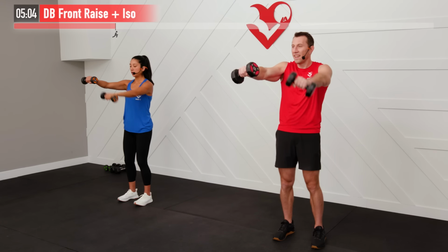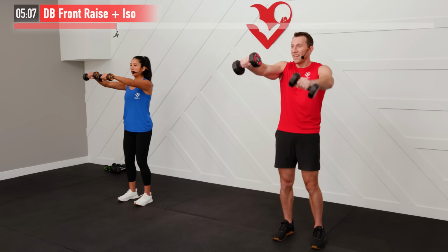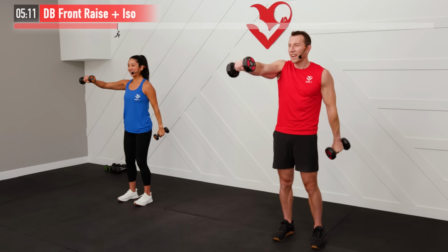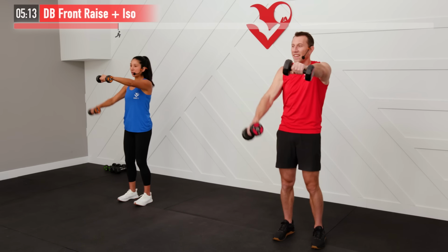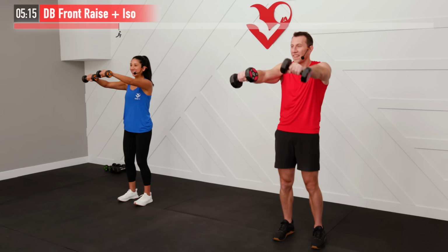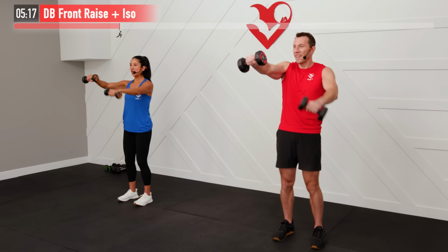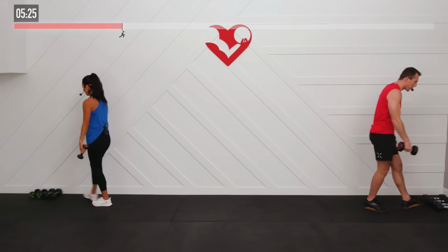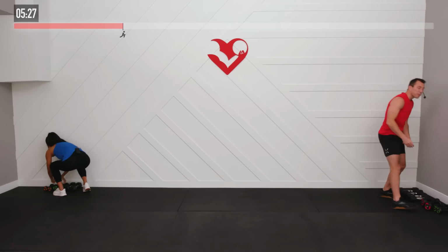Come on. You've got it. One into the next, fighting through, come on. Almost there. Let's go. Not much left. In 5, 4, 3, 2, 1, and break. Ooh, burns so good. Let's give those shoulders a break, and we're gonna focus on our upper back next with